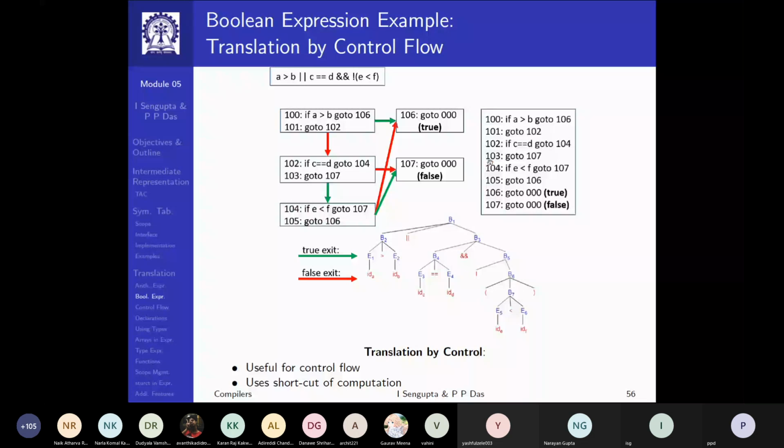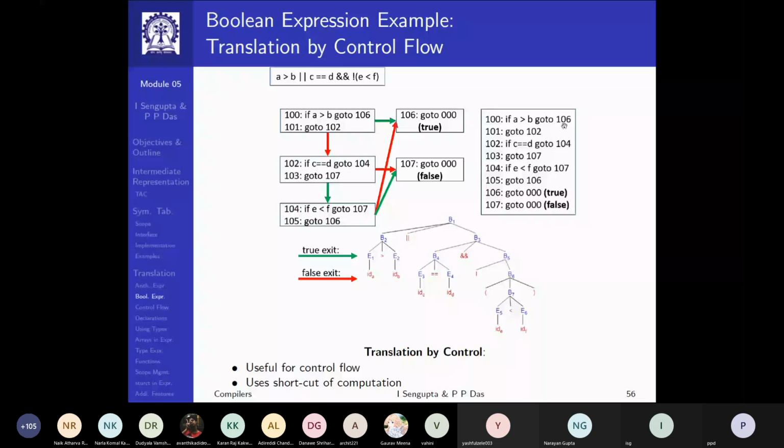Now let's come to the basic question. The question is, if we are generating code like this, then think about when I'm translating A greater than B, I have not seen the rest of the expression. That is still in the input. And I'm generating a target, say 106 here, which will come somewhere in the future.